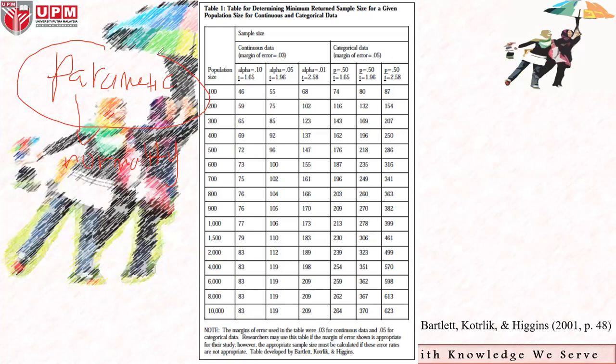When you want to analyze your data later, there are a few ways that we can determine the type of statistic. One of it is by using normality as a criteria. What is normality? Your data is normally distributed and has this bell shape. Bila kita buat taburan, dia ada bell shape. Data that met the normality requirement, the name is parametric.